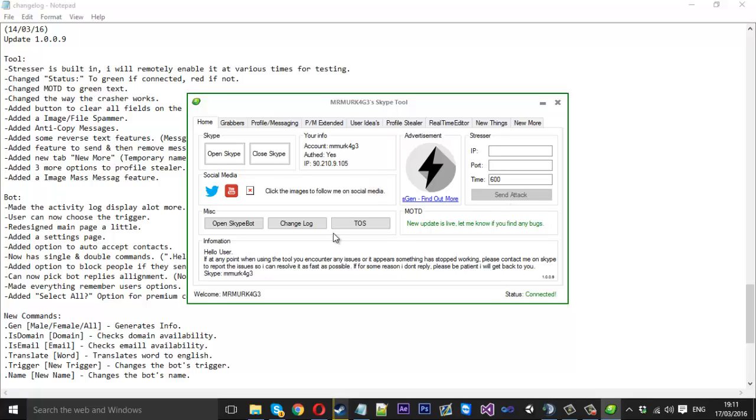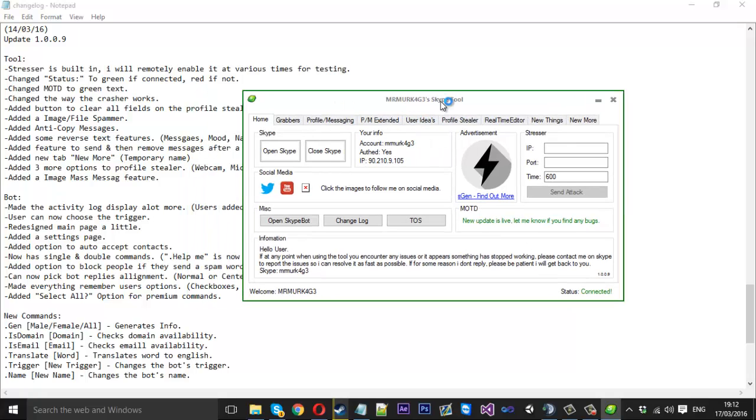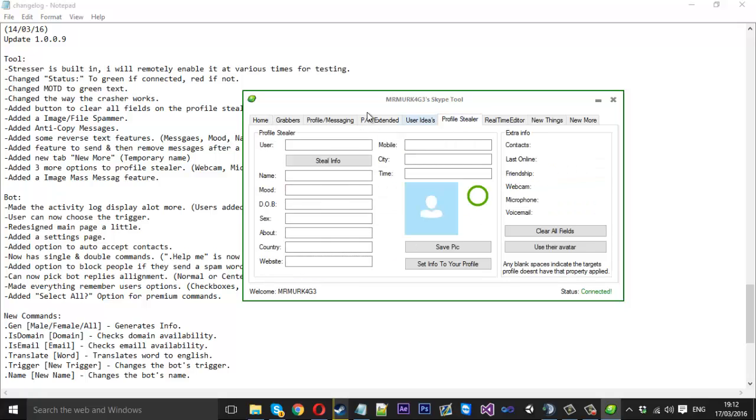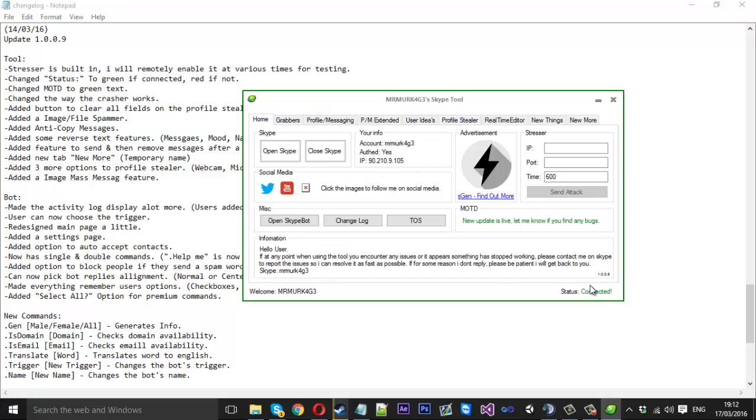I also changed a few more things to green so they stand out and match. So if you're connected, it'll be green. If you're not, this turns to red. The messages day is now green too, and that is it. I changed the color of some things, and it looks much neater now. This goes better than how it was before in black. Some other things I did, well, the main thing is